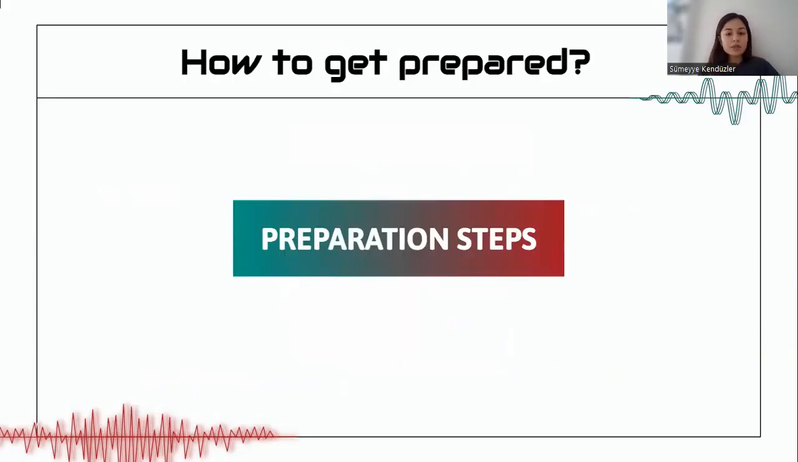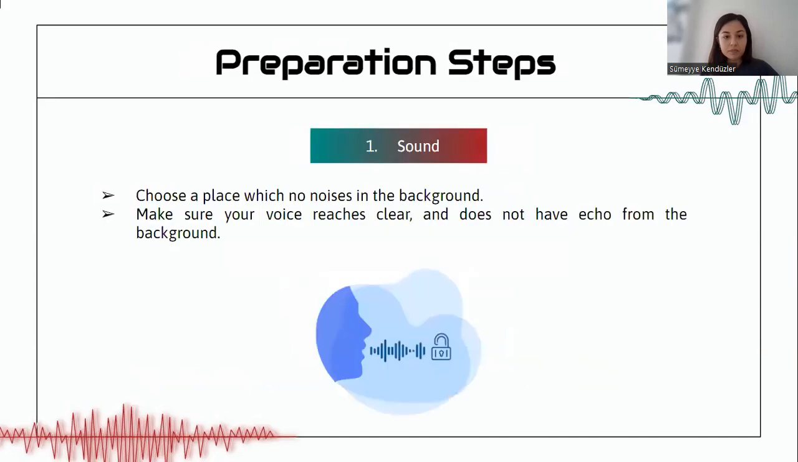And let's continue with the preparation steps. The first one is sound. Okay, then let's choose a place with no noises in the background. You can explain yourself without anything messing or confusing you. And make sure your voice reaches clearly and does not have an echo from the background, because it's so important